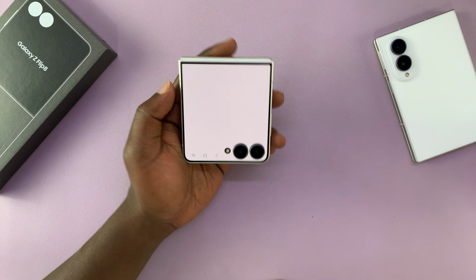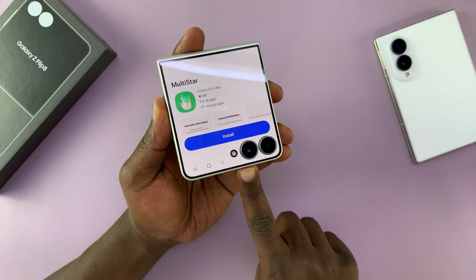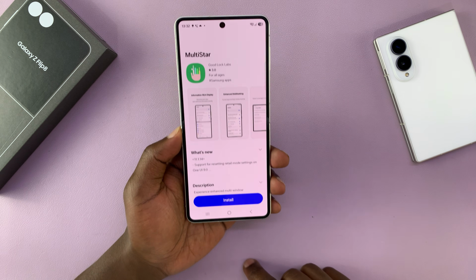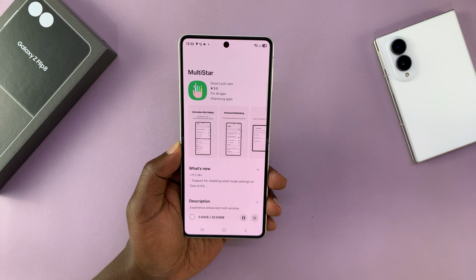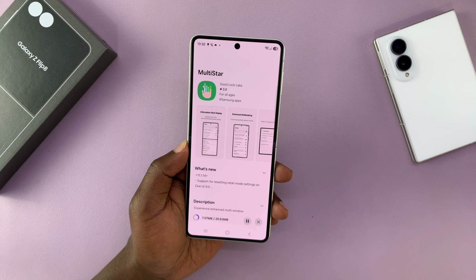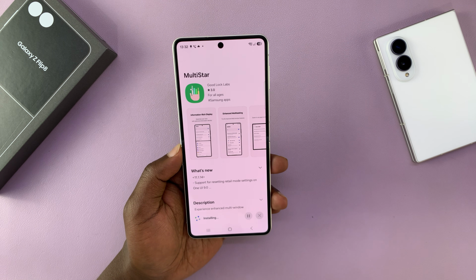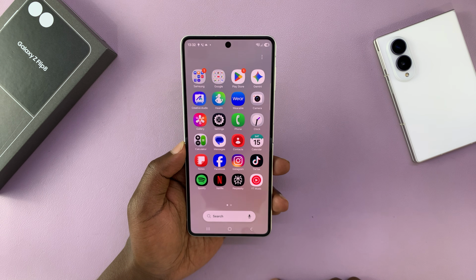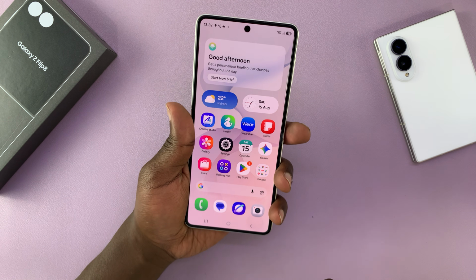So you can tap on Add Apps. That should take you to the Galaxy Store where you can now install Multistar. All right, so go ahead and do that. Now, if you already have Good Lock, then it probably already has Multistar. It should be available as a plugin inside the Good Lock app. But if you don't, then it's going to get installed just like that. And now, once that is installed,